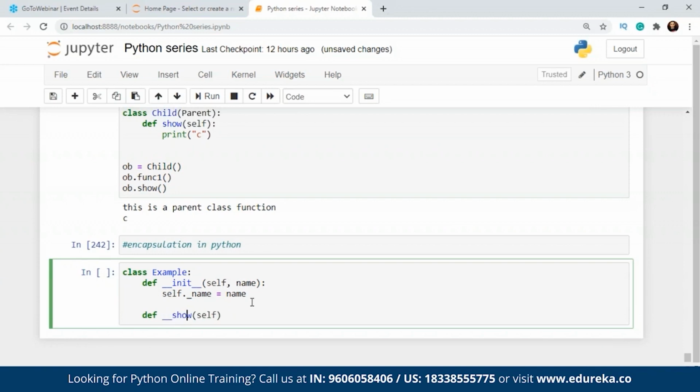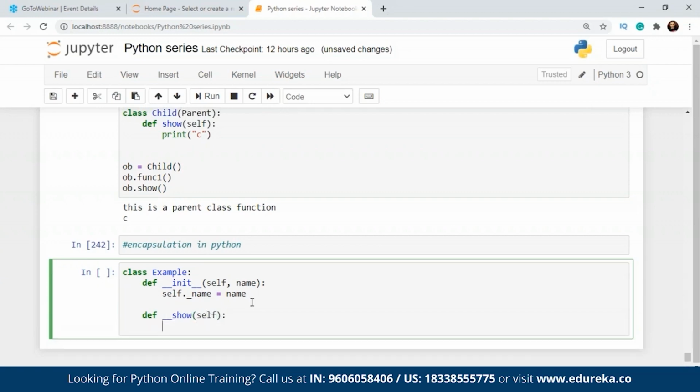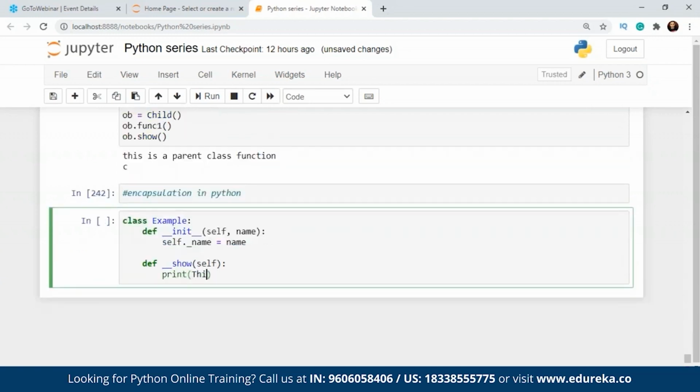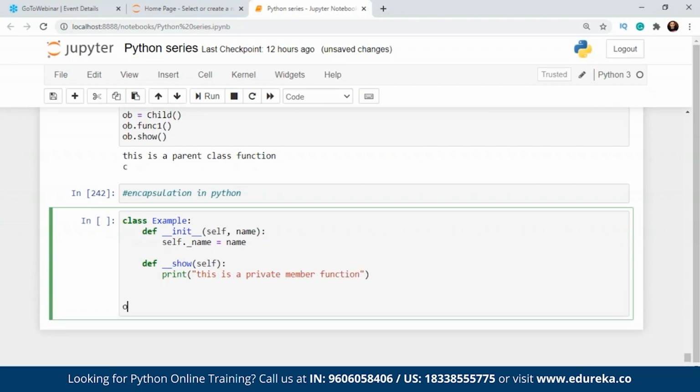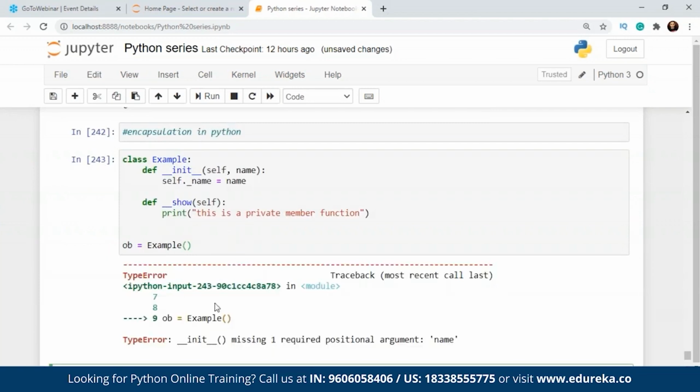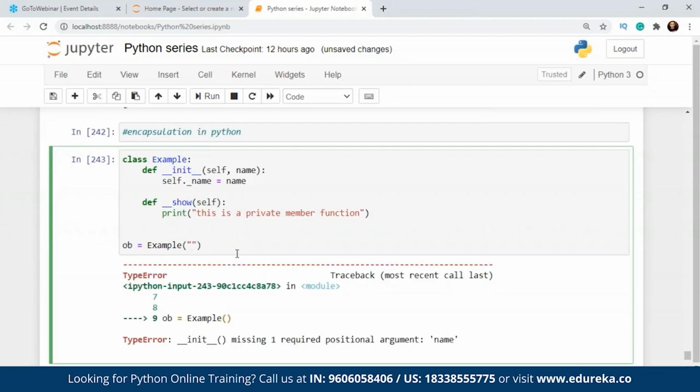All right, I'll do it like this. Now I want to print, this is a private member function. I'll tell you how or why it is private. Now we'll create an instance of this class, Example. Right, I think there is no error here. There is actually, so we have to mention a name here. So let's just write